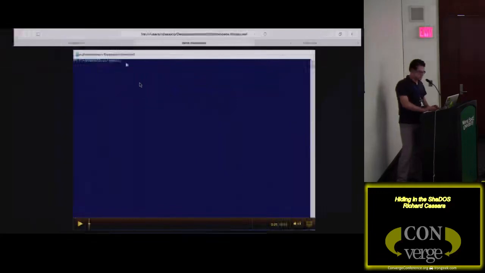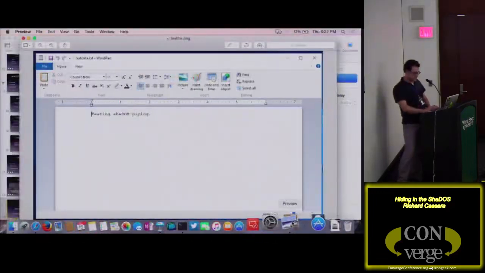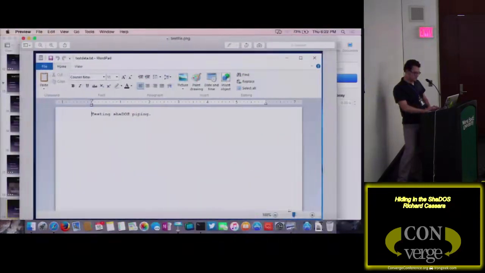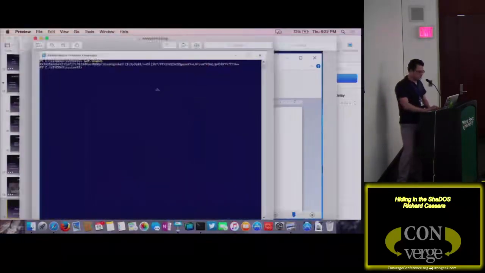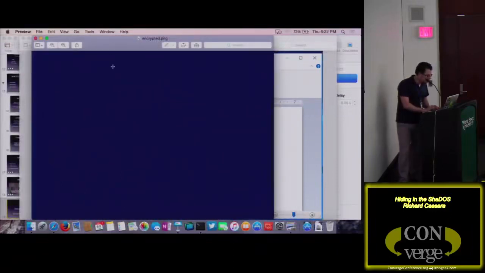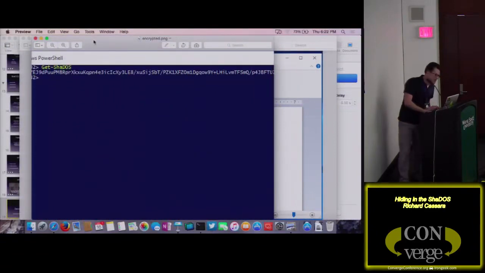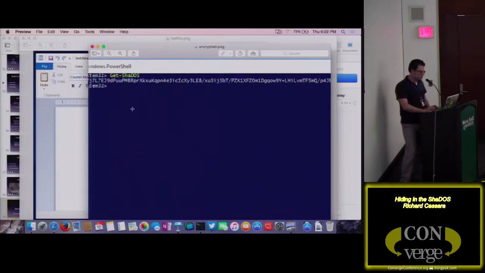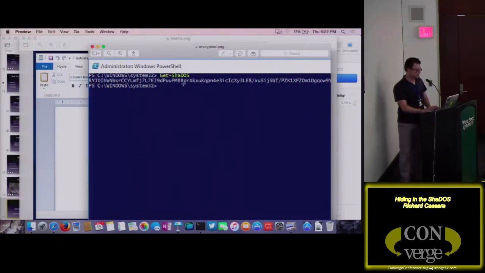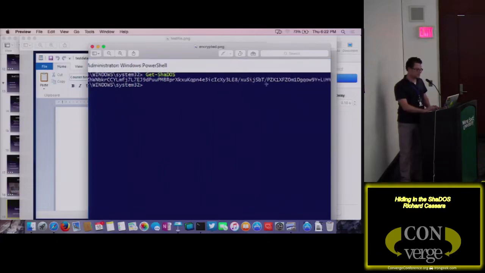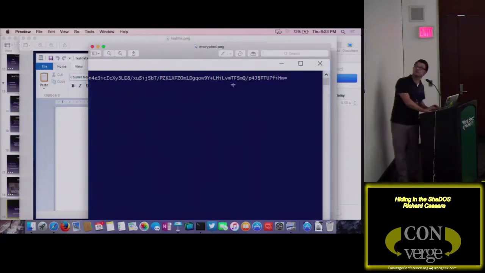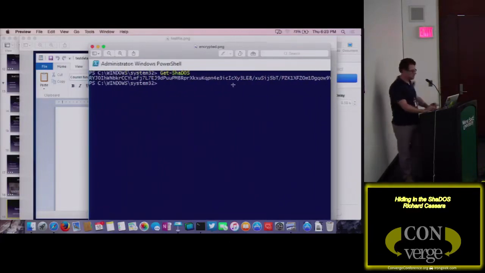So I did that, and then I ran my Get-ShaDOS function. I ran Get-ShaDOS before I implemented the code to decrypt. This shows I ran get, and it just pulls the string from that ShaDOS file. Because I put encryption on it, it encrypts the file and then writes it as a base64 string. So if you were to just undo this base64 string, you would get gibberish because it's encrypted and then encoded.